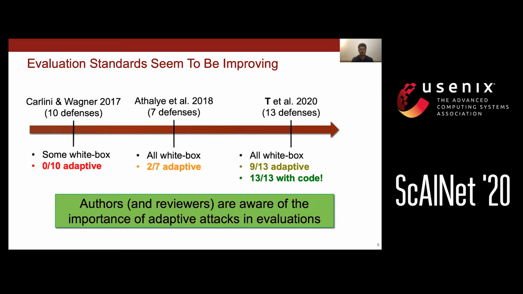So over the years, we find that authors, and probably reviewers too, have recognized the importance of evaluations against adaptive white box attacks. And among the 13 papers that we reviewed in our work, 9 of them explicitly aimed to create an adaptive attack that was tailored to the defense that they proposed. And another very nice change that we've noticed in the field is that nowadays pretty much every defense comes with a public code base, and often even with pre-trained models. And this also wasn't the case 2-3 years ago, and this makes it much easier to allow for these independent reevaluations of defenses.